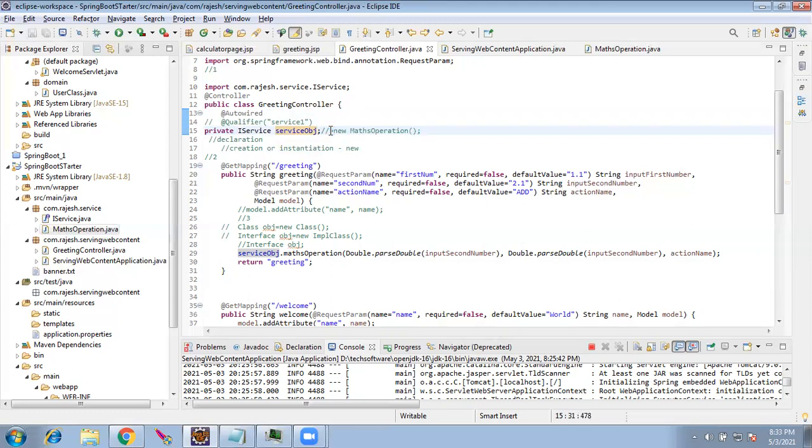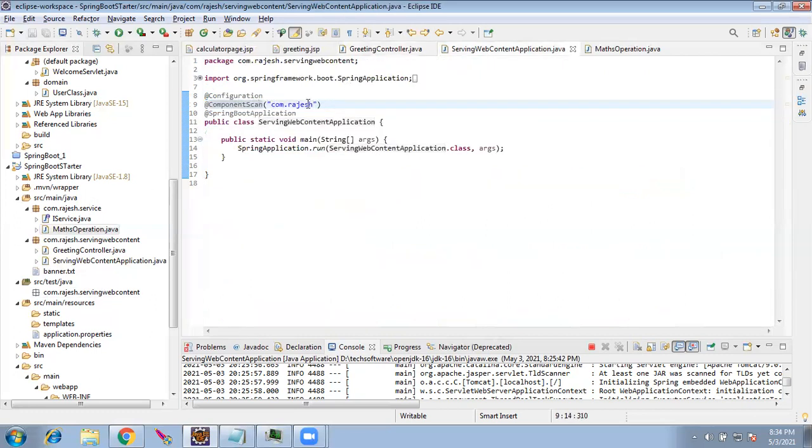So when I give this autowired, what we are telling Spring is: you go inside the packages. Which package?